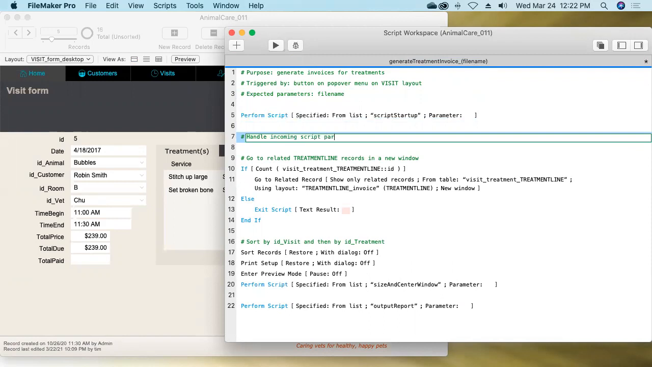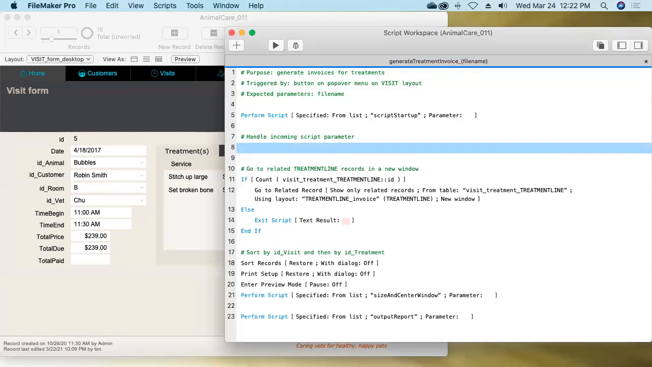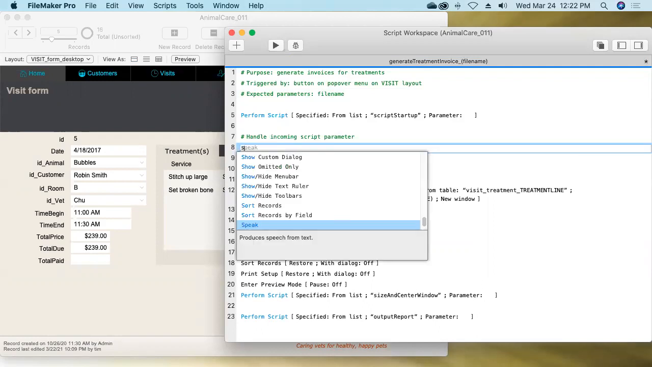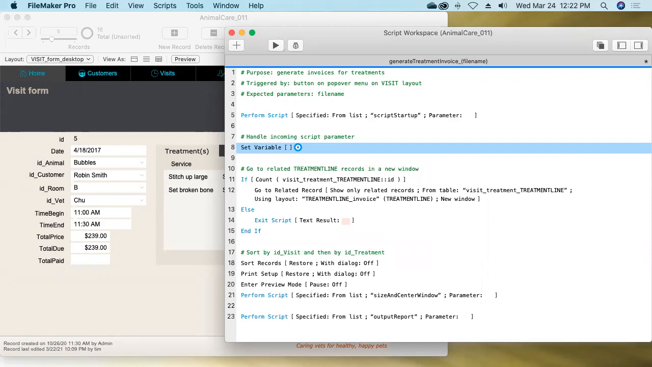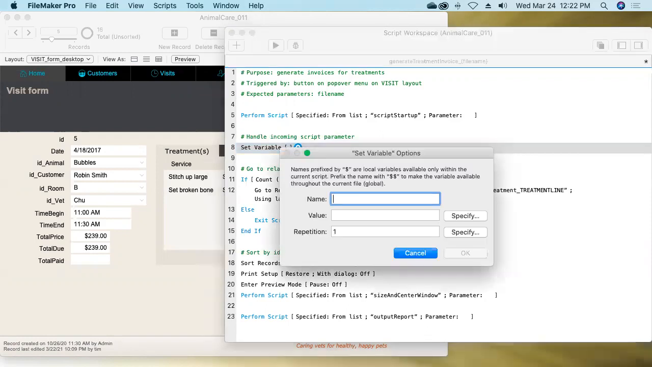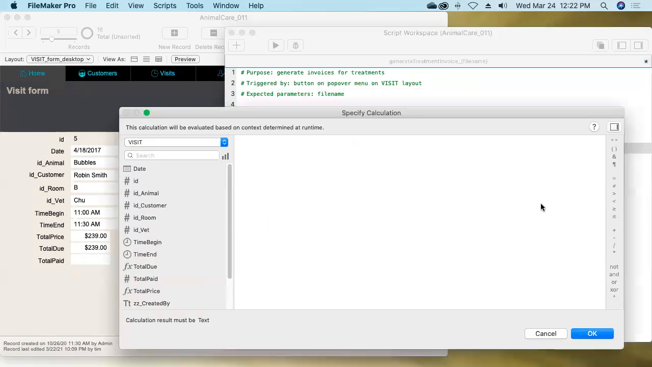This is just a comment that we start with the hashtag or #. And let's store the incoming script parameter as a variable. So I'll type SV for the script step Set Variable. I'll press the return key, and then I'll press the spacebar key to trigger that little blue gear icon. And that opens up the options dialog box. Let's call this variable $fileName, single $,